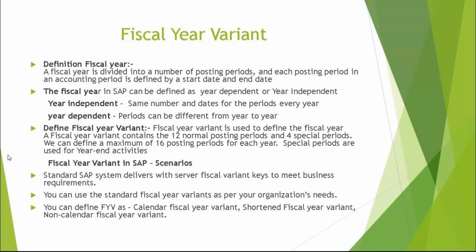So the first one we will be using is define functional area. Define fiscal year variant. The fiscal year variant is nothing but a financial year variant. The Indian financial year variant starts with April of any year and ends with March. If I come to the US, the financial year starts with January and ends with December.